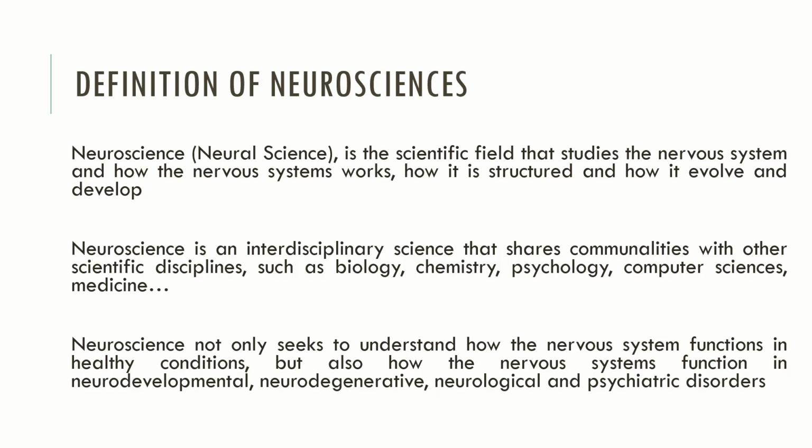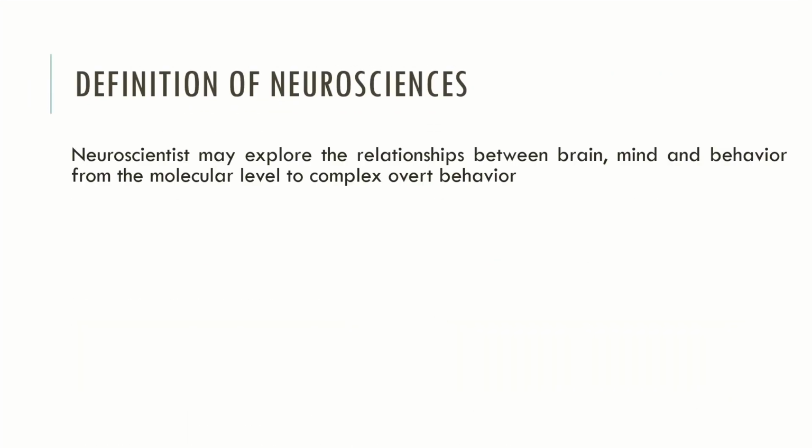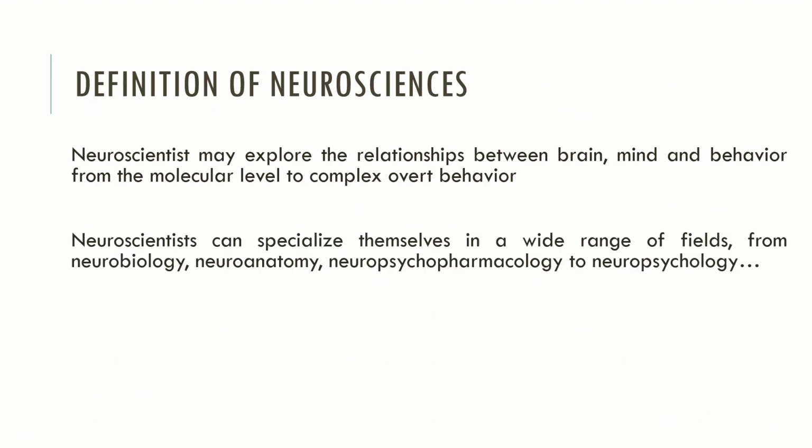Neuroscientists may explore the relationships between brain, mind, and behavior, from the molecular level to complex overt behavior. Neuroscientists can specialize in a wide range of fields, from neurobiology, neuroanatomy, and neuropsychopharmacology to neuropsychology, which means that neurosciences is a very wide field where different professionals can specialize in different branches,